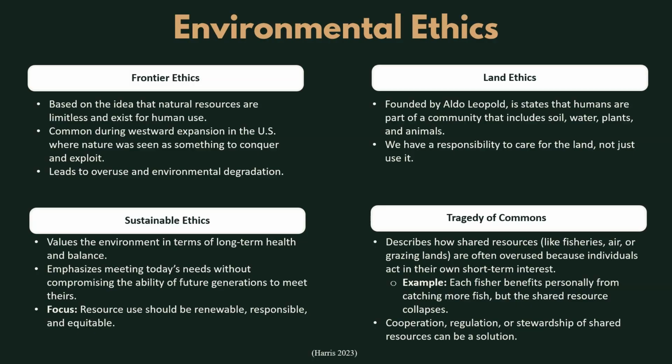There's many types of environmental ethics. These are not the only ones, but they are some important examples. One is intrinsic value, which is the idea that nature has a value simply because it exists, not because of how humans use it. Another is precautionary principle. This approach says that if an action could cause serious harm or irreversible harm to the environment, we should take precautions. Even if we don't fully understand the cause and effect of the relationship, in other words, we protect first and ask questions later.